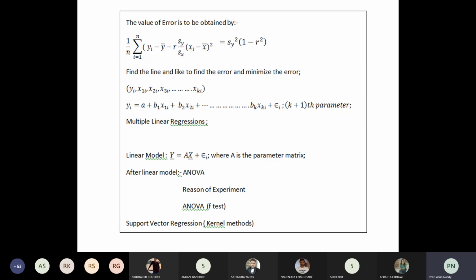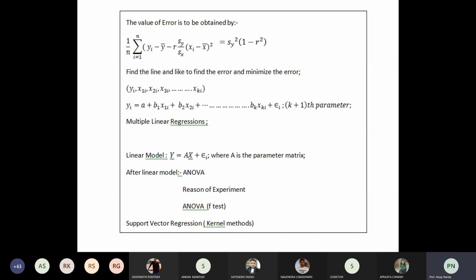So it is actually a linear model, or multiple regression. You have yi is equal to a plus b1 x1i plus b2 x2i plus b3 x3i up to bk xki. You have k plus 1 parameters, and this expression is yi comma x1i, x2i, x3i till xki. This is called multiple linear regression. You have more than one independent variable. Whenever you have more than one independent variable, you need to consider it in terms of a matrix. So the simple equation will be capital Y is equal to X into B plus E.